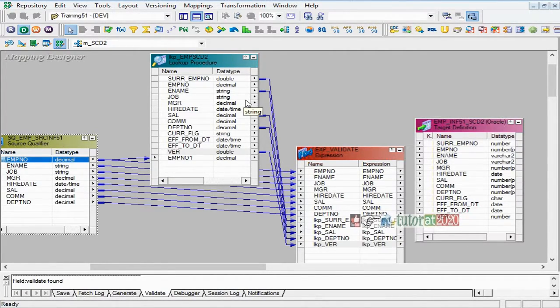do you have any possibility of getting multiple matches? So now there is already an employee, and it is a type 2 table. So when I check the values in the lookup, is there any possibility of getting a match with multiple records for the same employee number? Yes, because type 2 means history. If there is an employee whose salary has been changed 4 times, how many records will you have in your target table or in the lookup cache? 4 records will be there for that particular employee.